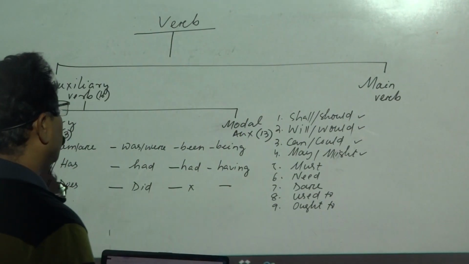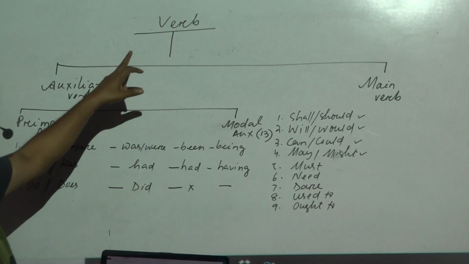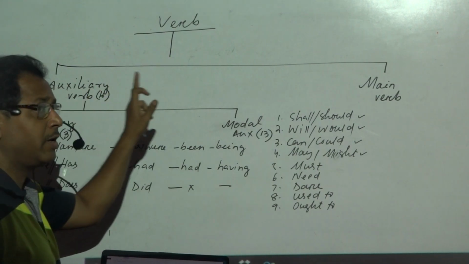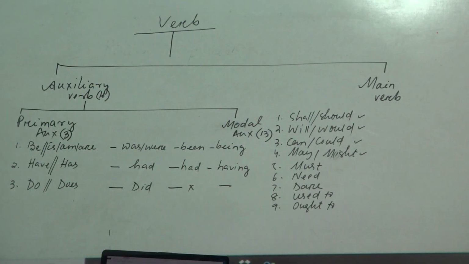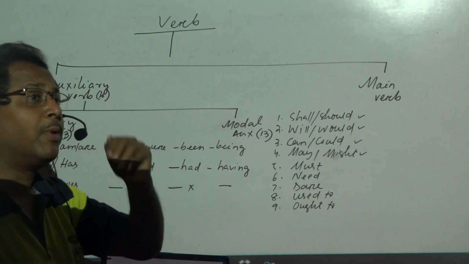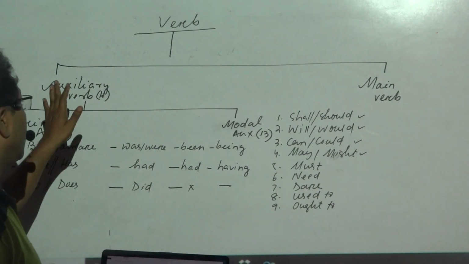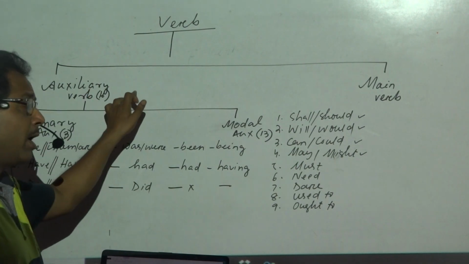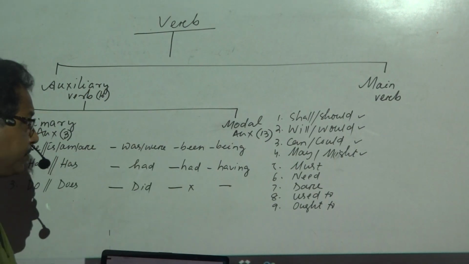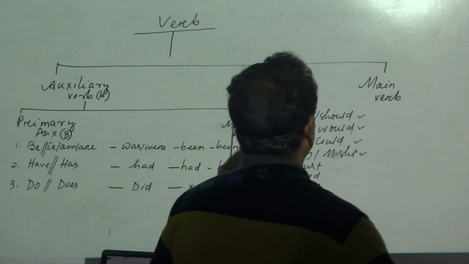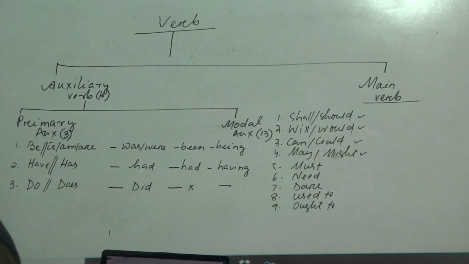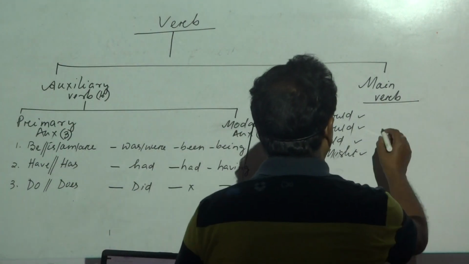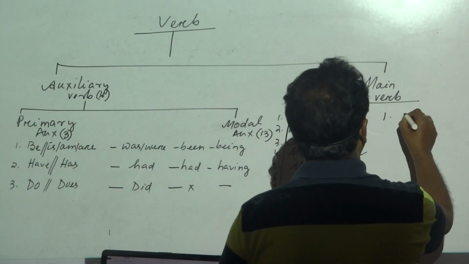Okay. Dear students, verbs are of two types, auxiliary verb and main verb. Nobody says main verb and auxiliary verb; it is said auxiliary verb, then main verb. Why? Because auxiliary verb is always followed by main verb. Here we get three things. Where do we use auxiliary verb and where do we use main verb? Now, three structures we find.